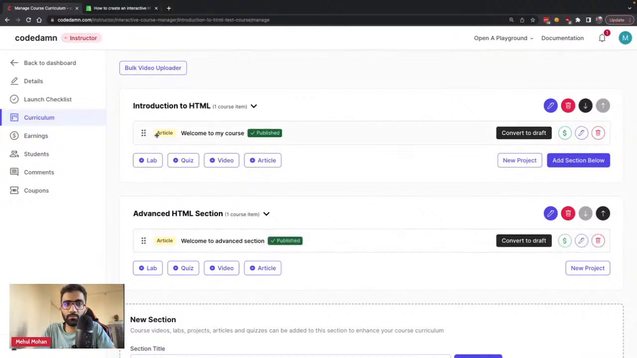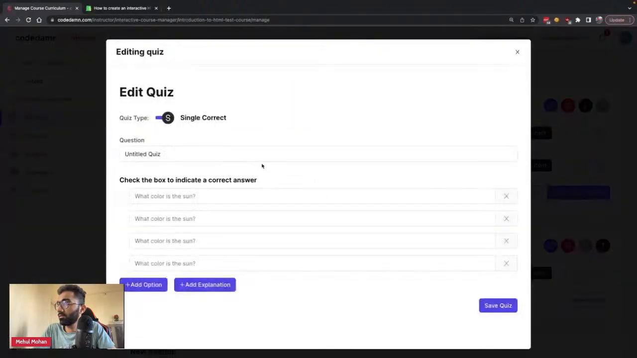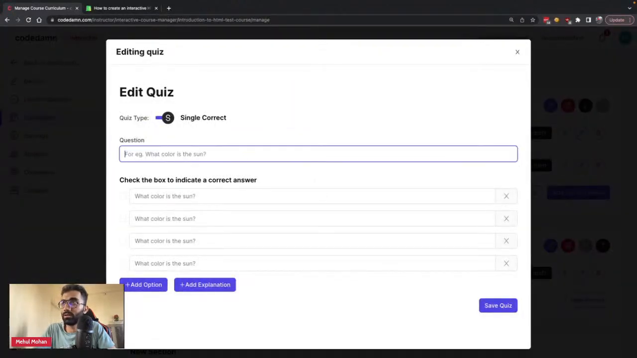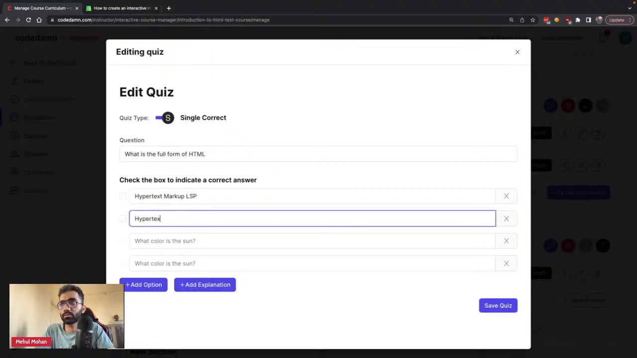Now, you see the content type of this article listed over here. Article is one of the things which you can add. Quiz is another item which you can add. For example, I can add, what is the full form of HTML? Hypertext markup language, you get the idea,